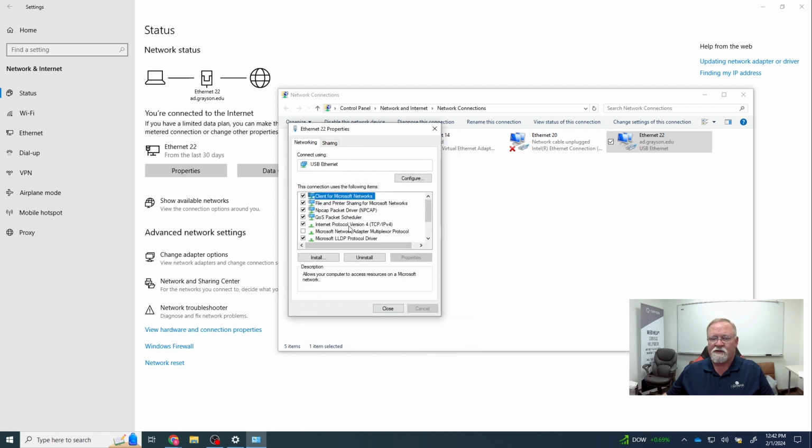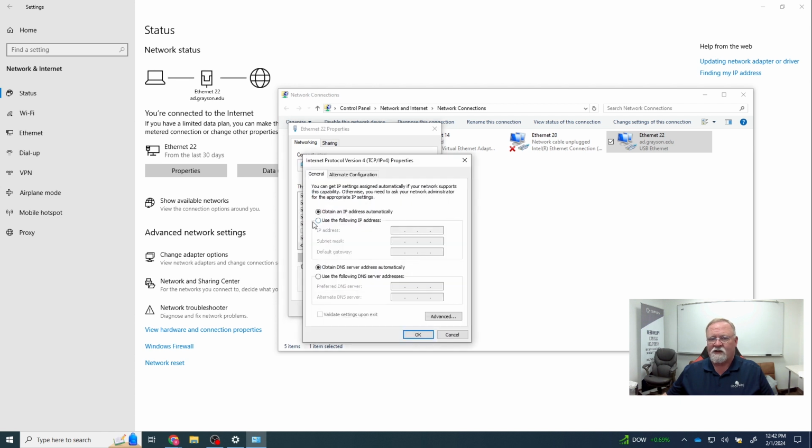However, if for some reason you feel the need to set up a static IP address, then you can click here, back to Properties, and change this dot to use the following address. Now what you have to do is put in an address that is within your IP scheme. And how you do that is you'll need to